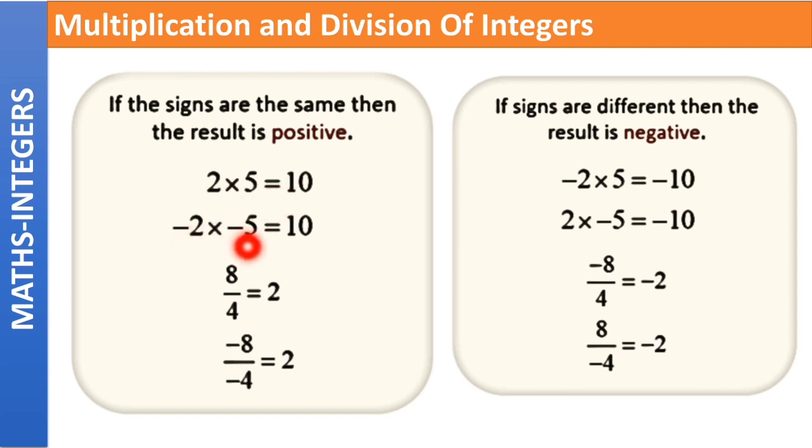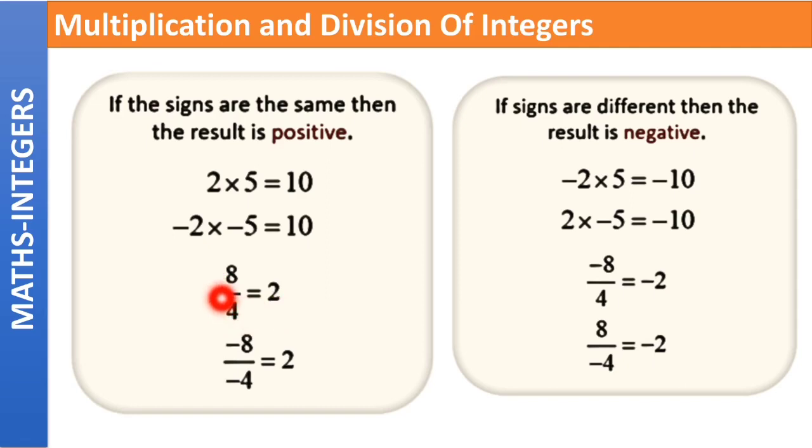Next one is minus 2 into minus 5. Again, both the numbers are having what? Both the numbers are having negative sign, so the result will be positive. These are same signs here, so the result is positive. Coming to the absolute values, 2 into 5 is equal to 10. In integers, first we solve the sign and then we solve their absolute values, because you might get confused if you solve both of them at once. But as you keep practicing, solving these type of questions will be easier for you.